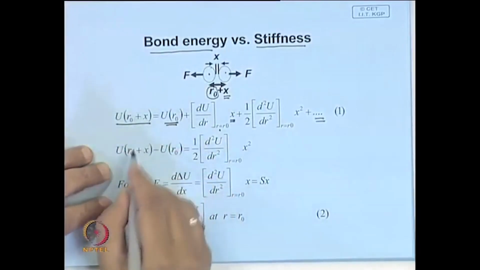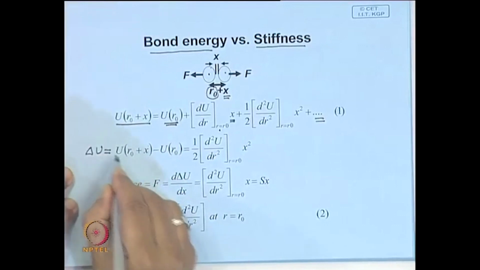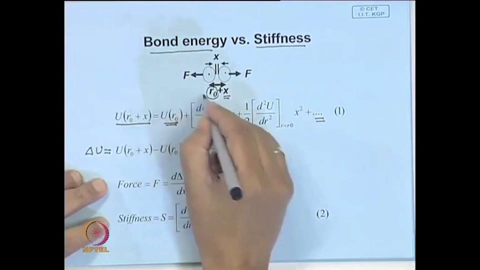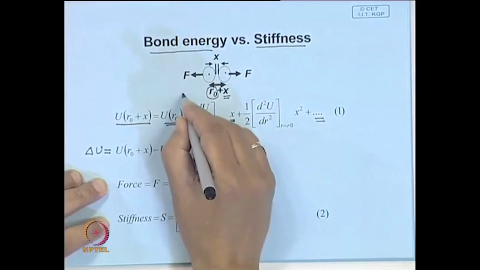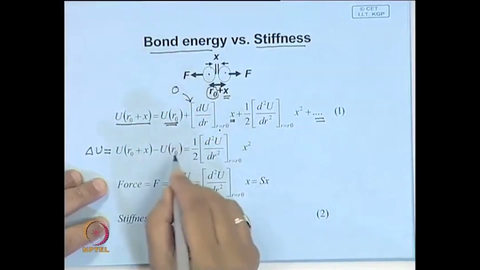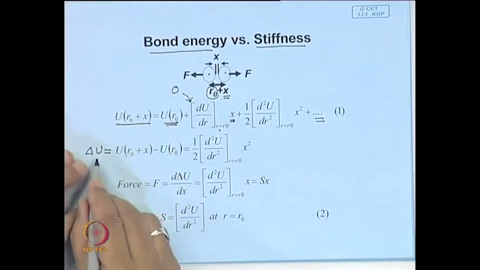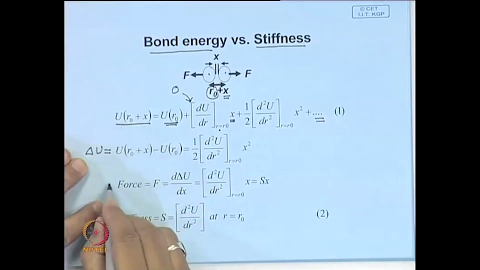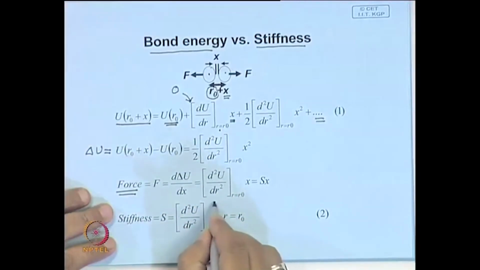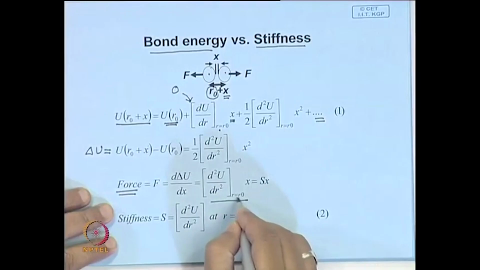Now, from this you can see the change in energy. You can rewrite this in this form, and we know that when u is minimum, that is at r naught, this is equal to 0. So therefore, this does not remain in this. And now, if you differentiate this with distance, then you get force. Then obviously, you get this term, the second differential d 2 u dr square at r equal to r naught